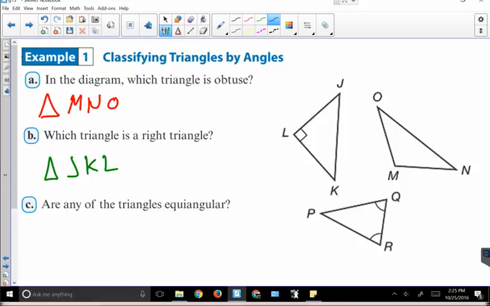Okay, so are any of these triangles equiangular? And the answer would be no. Okay. Now, if they'd had that little mark over in here, then the answer would have been yes. Okay. So,